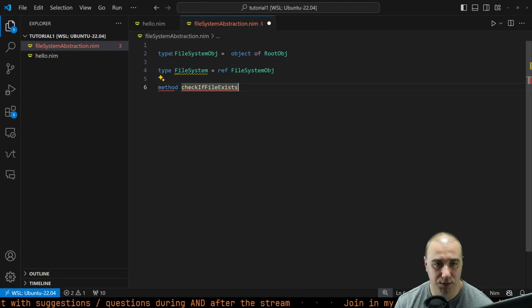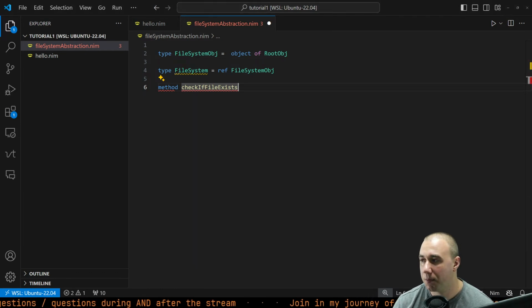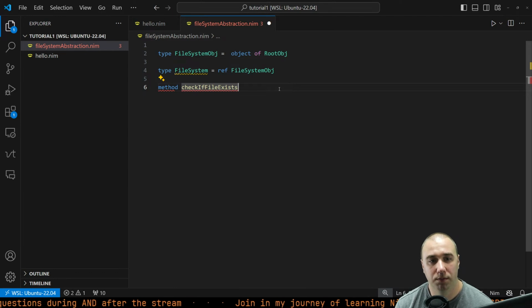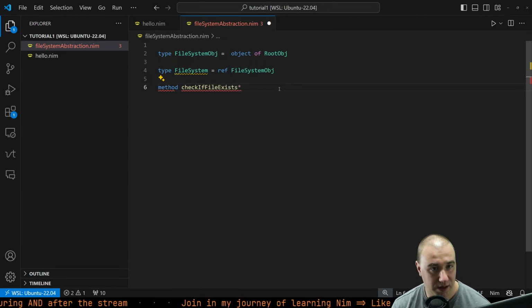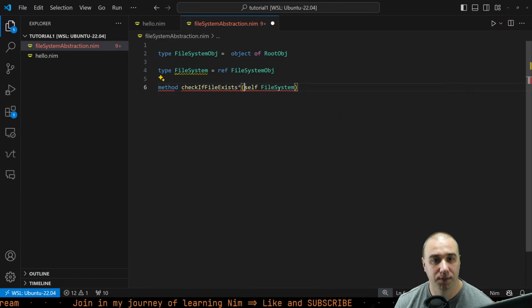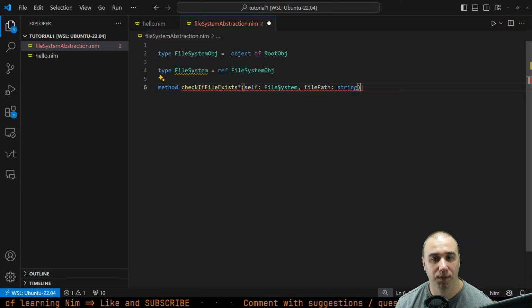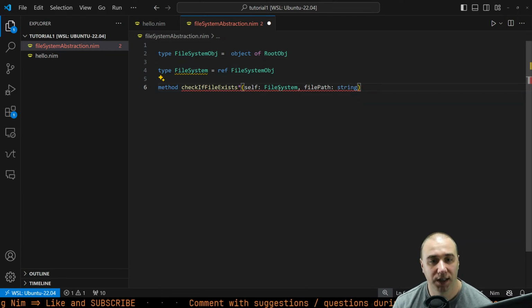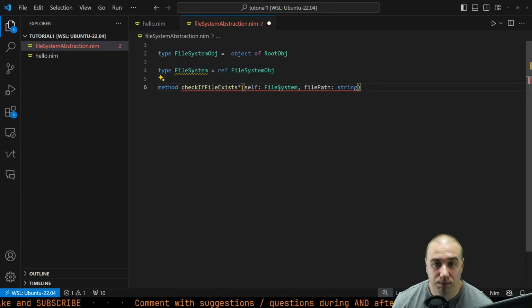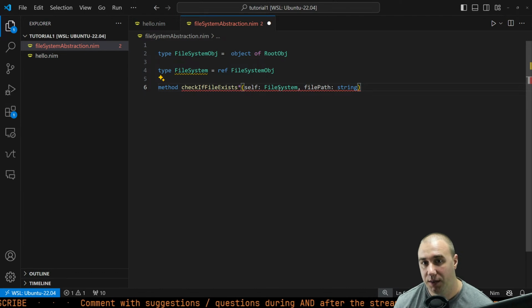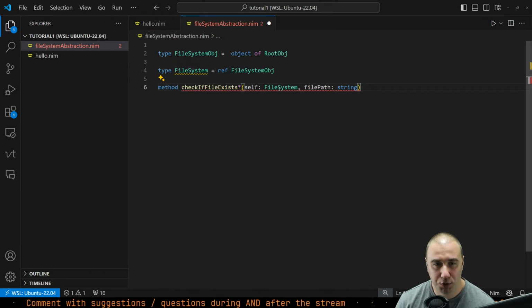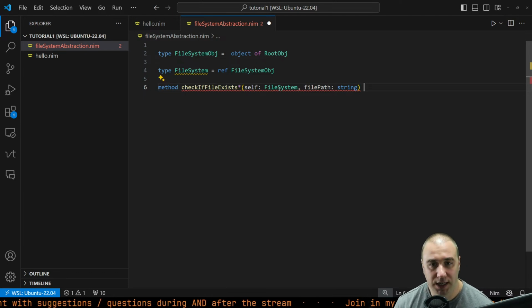I don't know what the good approach is here when working in Nim. So check if file exists. This will be publicly available. And it takes the self as a file system. Need to remember about the colons. And then we do file path, which will be string. That's how we interact, we just provide a string. Later, maybe we'll be able to change string into some kind of file path. I think Nim has some kind of separate module for dealing with file paths. So that's that. And we need to specify that this is a base, right? It's not a requirement, equals, and